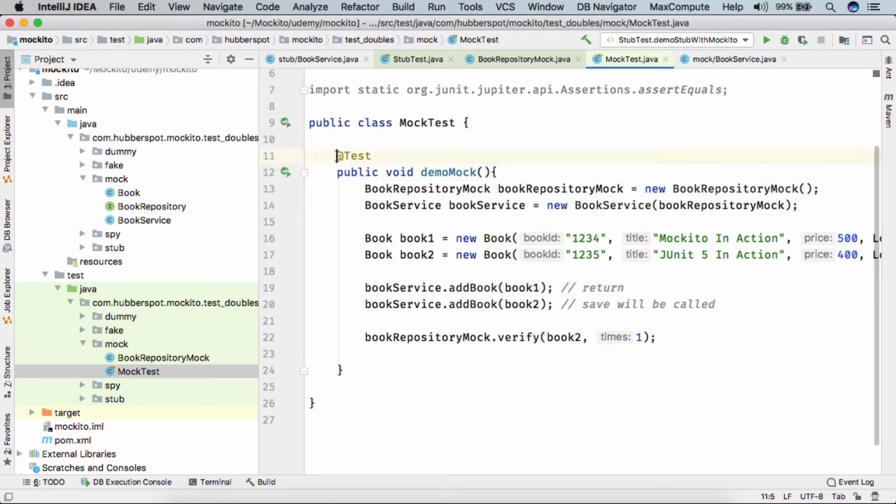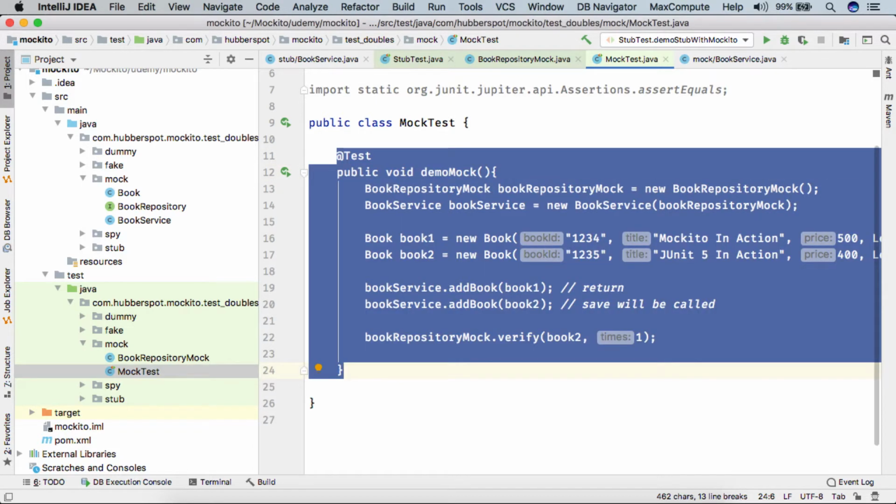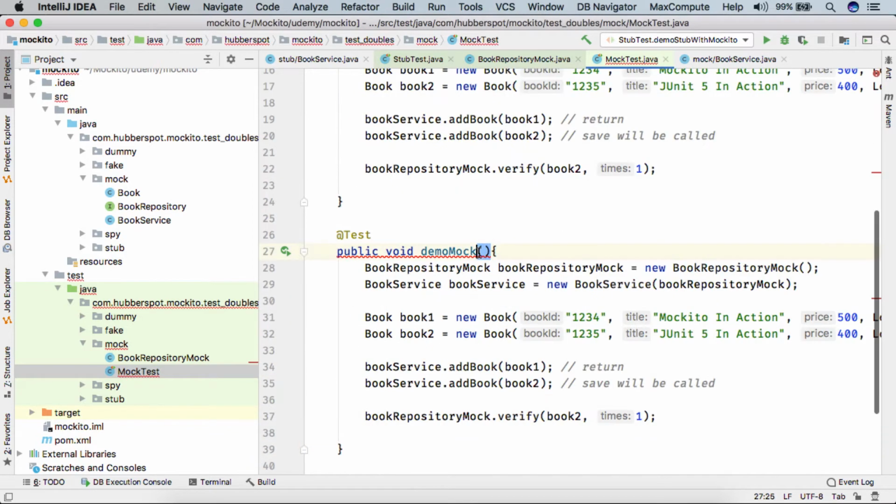Now let's see how we can create a mock using the Mockito framework. So here I have copied this test case, and let's say I give the test name as demo mock with Mockito. As we know, when we use Mockito, we don't create these mocks manually.